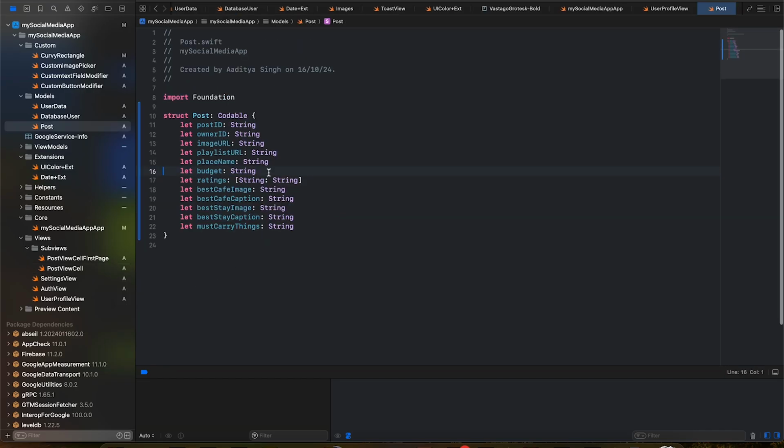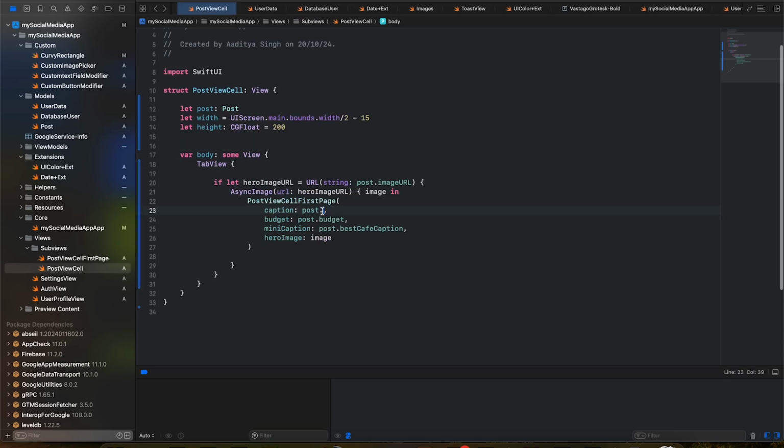No, I mean, do we not have, okay, we have a place name, which would be the first caption actually. So yeah, this is there. Now that we added this much, it still complains that it expected type image, and it cannot convert a value of type async image phase to expected type image. Okay,